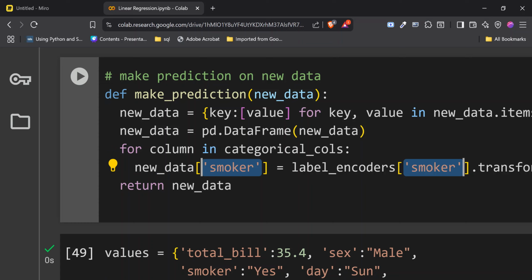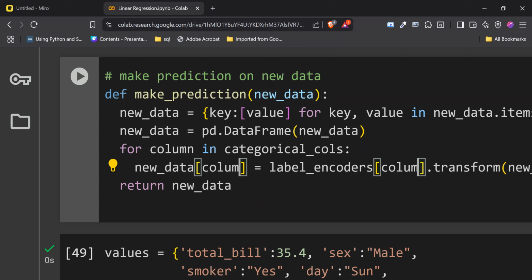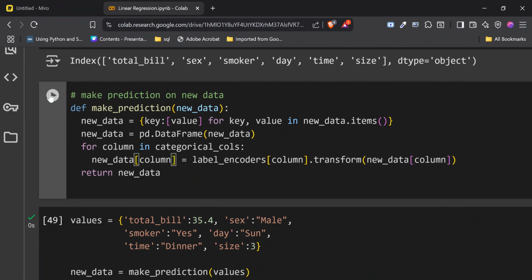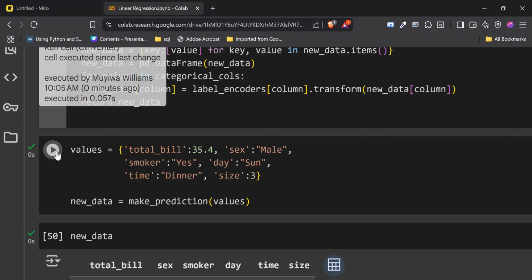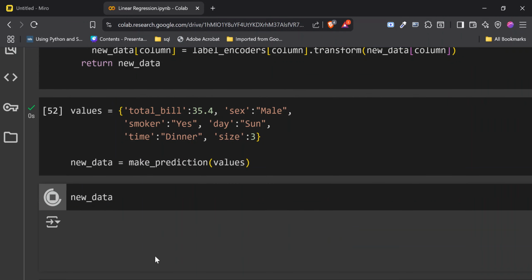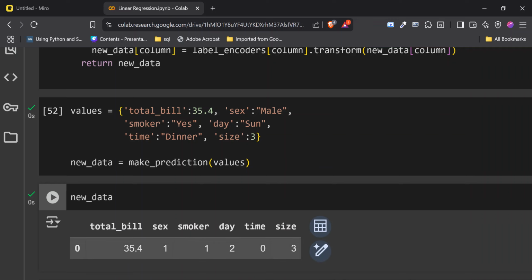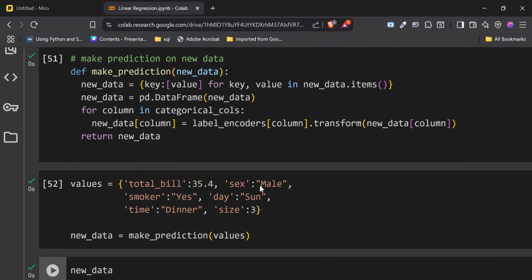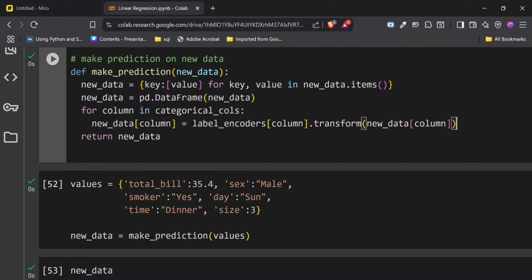So Control D of column. Great. So let's run this and run this. Perfect, it worked. So run this now and we should have perfect. All of this is done. So it's correctly encoded. So we just need to come here now and make predictions.